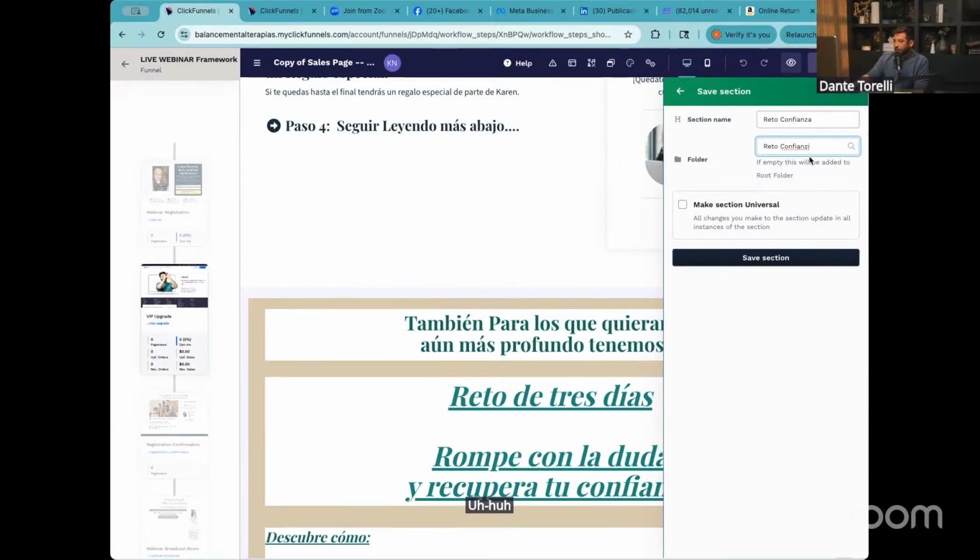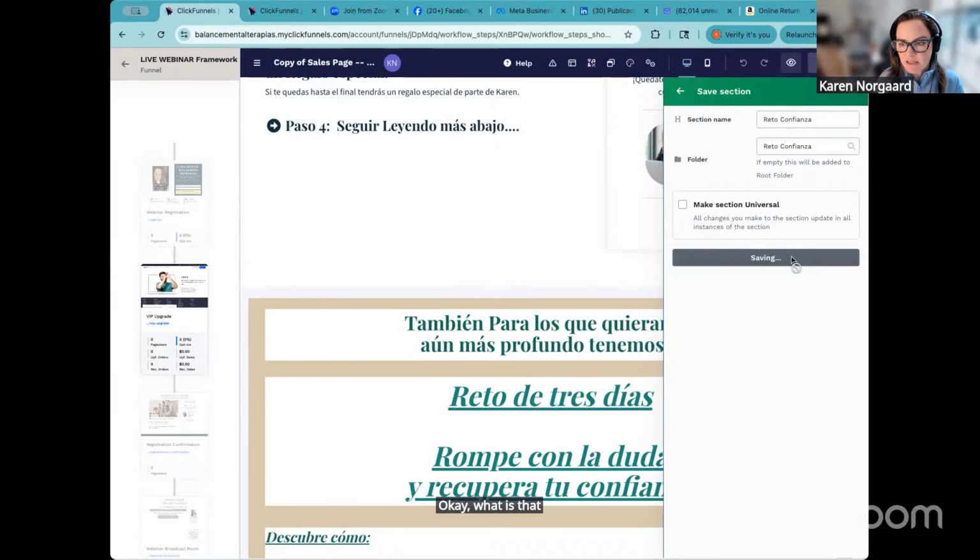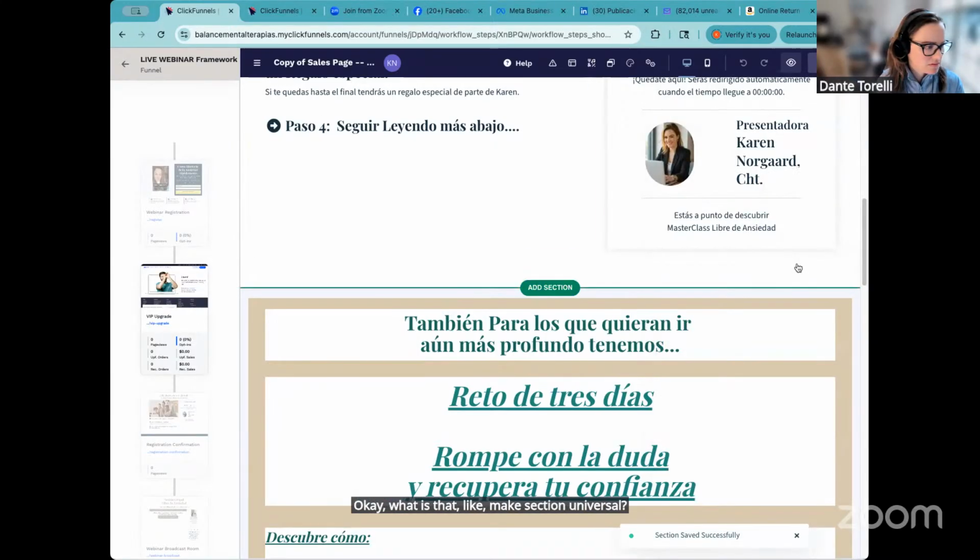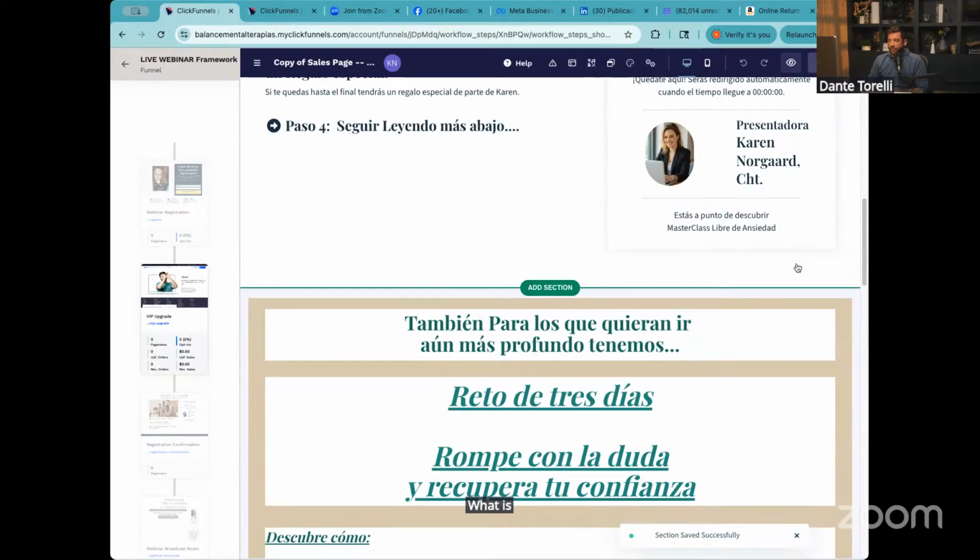Nice. And go ahead, save the section. Okay, and what is that, make section universal? A universal section is one section that you can use in multiple places. Typically, a universal section would be like a footer,